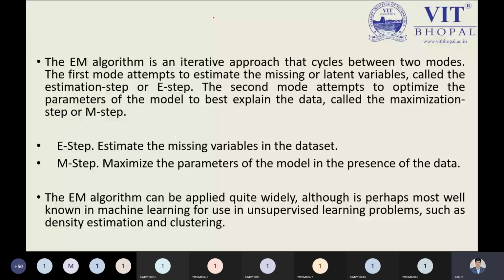No. If you remember the example we have done, we are expecting all values, all the data points we have, to belong to the complete data set. So we need to estimate some missing variables. Just like the example, if you remember null values, the null values will be filled by any random values or by their forward filled values.